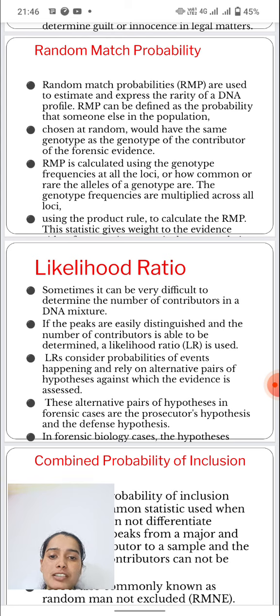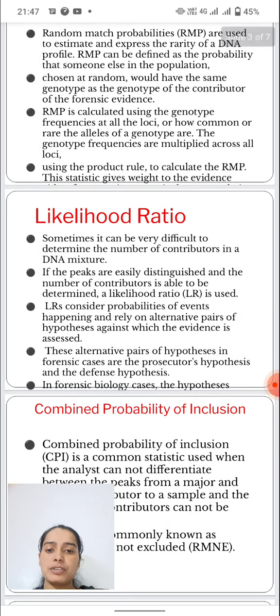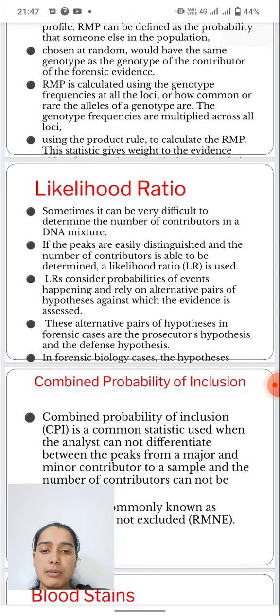LR is considered as the probabilities of an event happening in the reply and alternative pairs of the hypothesis against which the evidence is assessed. These alternative pairs of the hypothesis in forensic cases are a prosecutor's hypothesis and the defense hypothesis, two types of hypothesis. In the forensic biology case, the hypothesis,